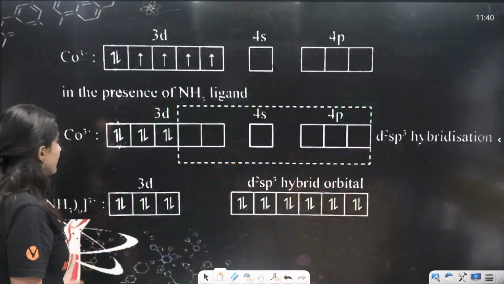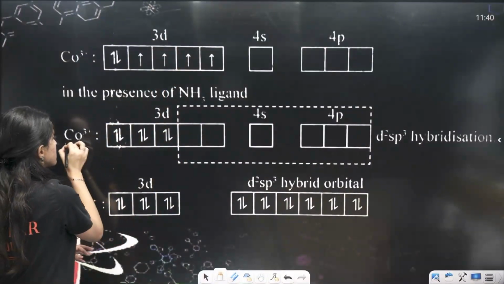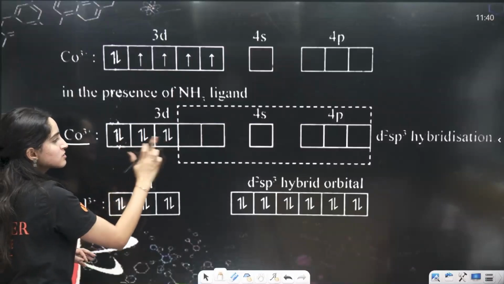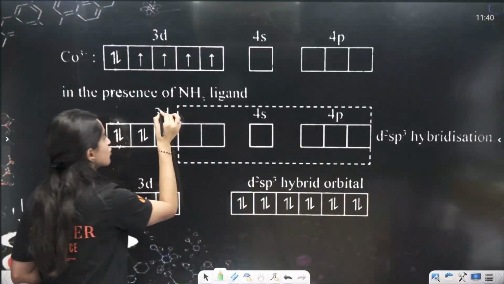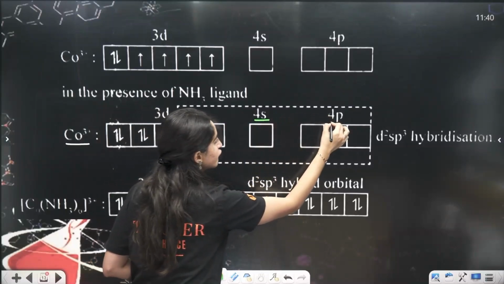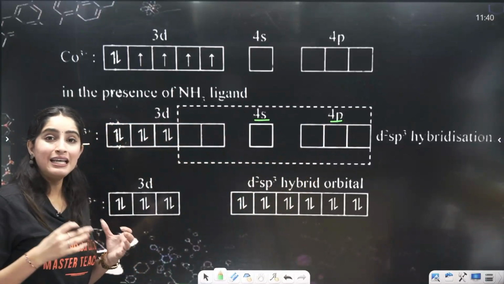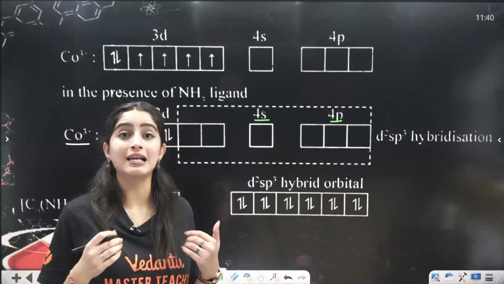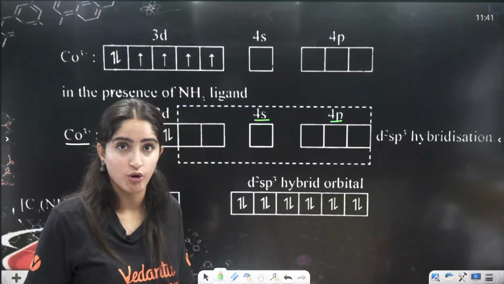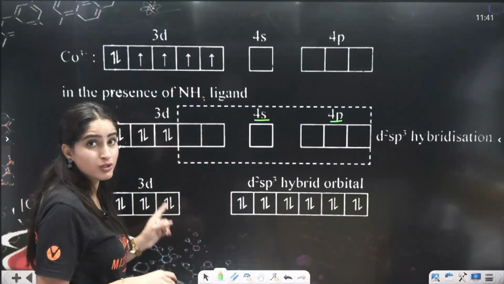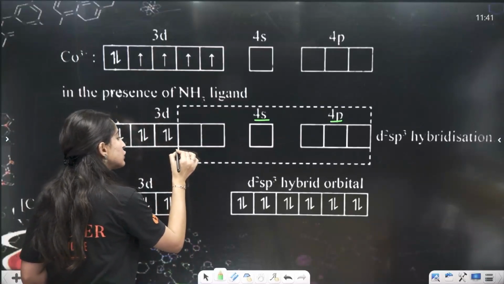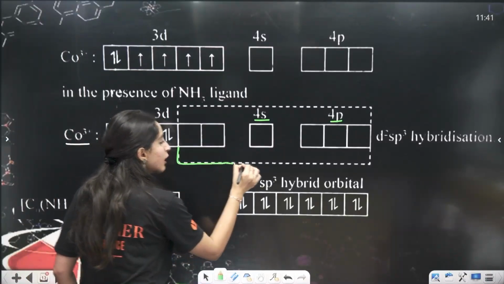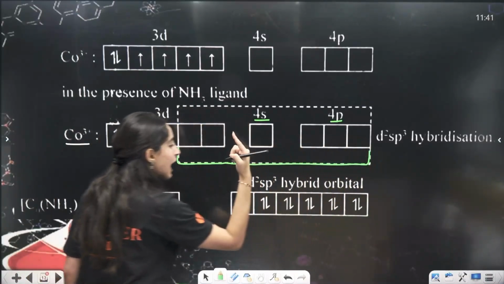Now let us see the full-fledged diagram here. As you can see, this is your cobalt 3 positive. These electrons got paired up. This is your 3d, then you have 4s, then you have 4p, right? And the ligands are donating 1 electron pair, that is, 2 electrons, right? So they need an empty orbital here. So what will happen? The 2 orbitals of this d, 1 of s and 3 of p, they will hybridize